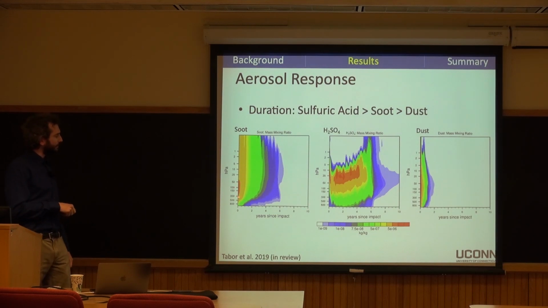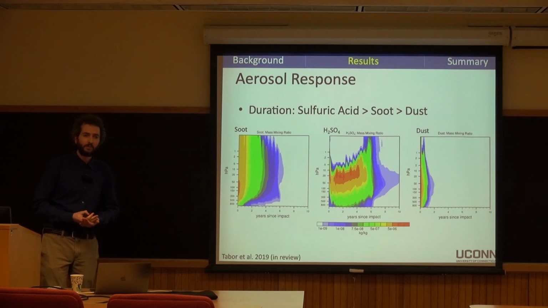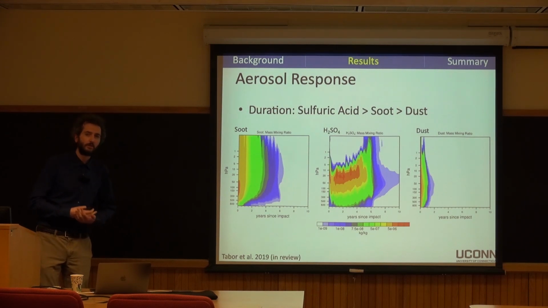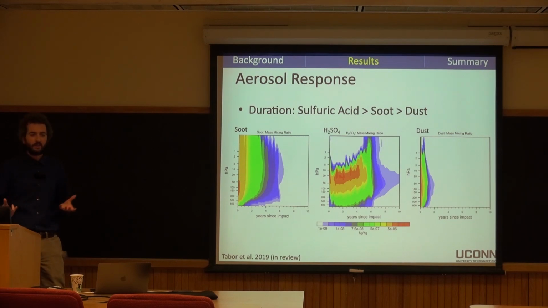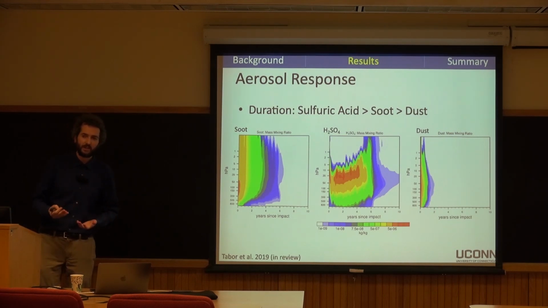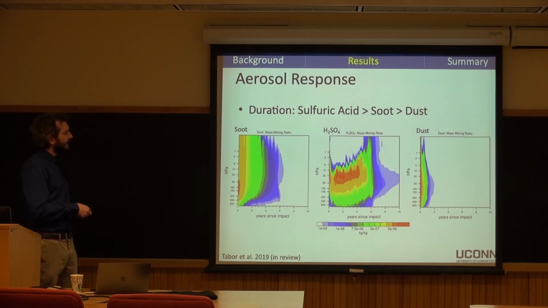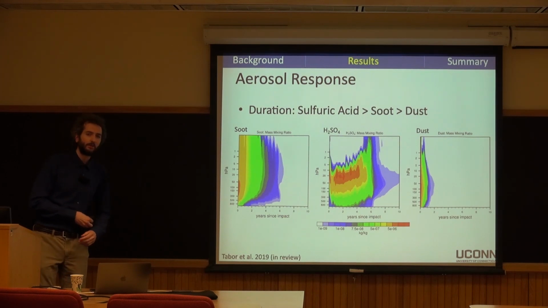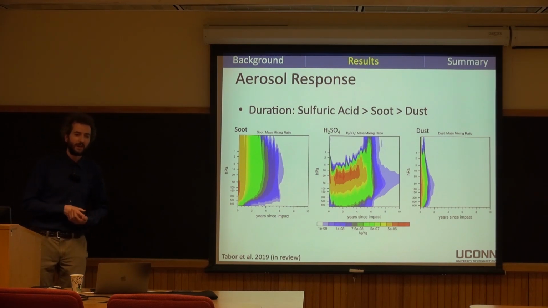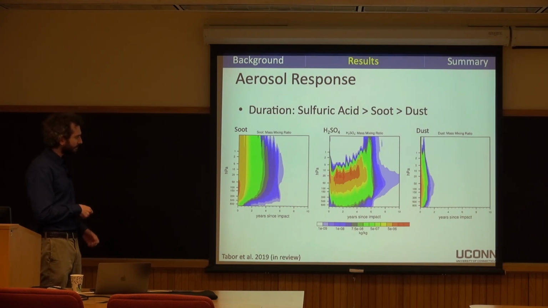So what you can see here in this first plot is that even though the soot's being initially emitted around the tropopause, it quickly fills the entire atmospheric column and then begins to gradually settle out as it accumulates, produces larger particles, and begins to settle out mainly gravitationally. However, there's a wet deposition feedback around year 6 that leads to the removal of the remaining soot relatively quickly, and I'll talk about that feedback in the next few slides.